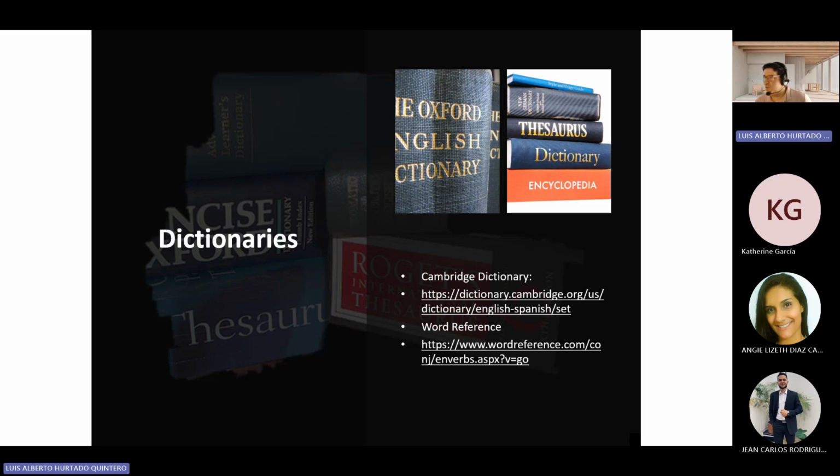As you see, this is the website WordReference. It is very truthful too, and if you put any verb, in this case you are seeing the verb go, the simple past is went, and the past perfect is gone. Teacher, I'm sorry, apologies, but I'm not seeing the window. Okay, let me see, just give me one second.